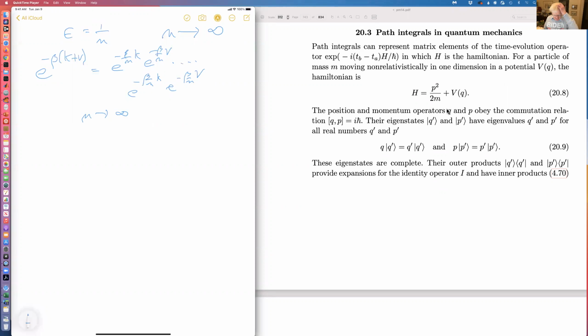What one arrives at is a path integral expression for the time evolution operator or the Boltzmann operator, and this path integral representation is useful in some contexts and it's useless in other contexts. And so it's not a panacea. It's something that has some utility,